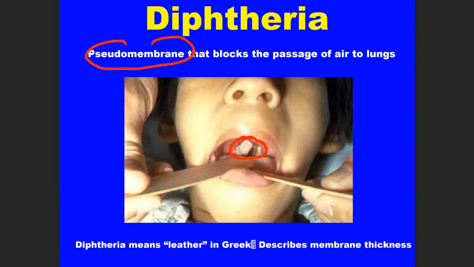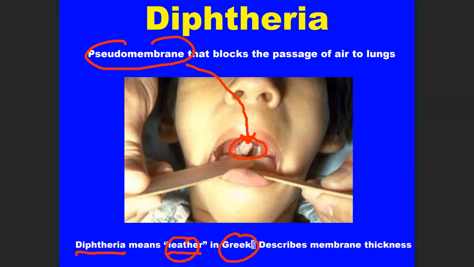The white stuff you see back there is an example of a pseudomembrane. It's so thick that it has the consistency of leather, which interestingly enough, the word diphtheria means leather